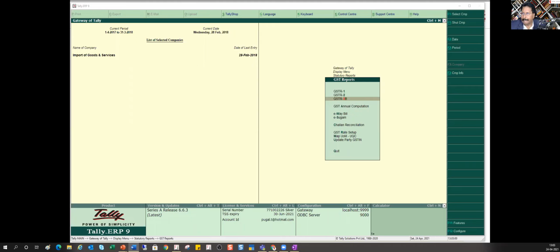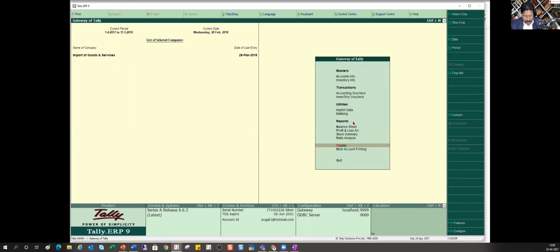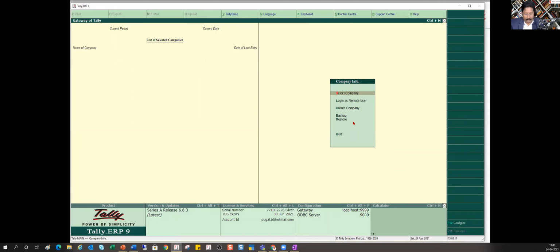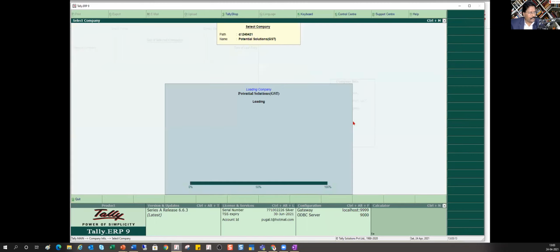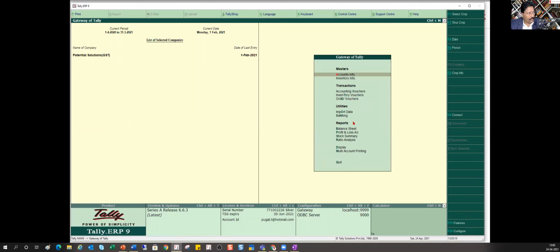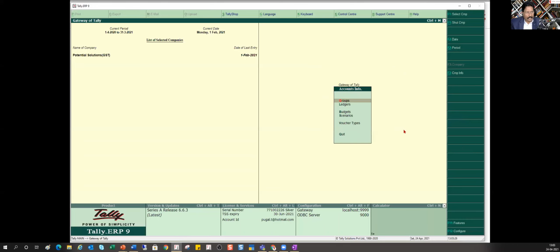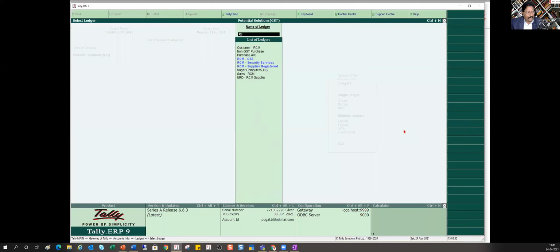So let me open Alt F1. I'm going to select this entry, right? So now I have passed this entry in the month of August for the RCM purpose. Okay. So what are the configuration that I have done? So you come to accounts info, ledger, alter, RCM.